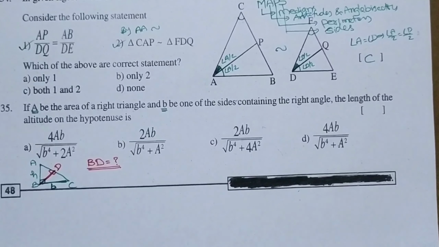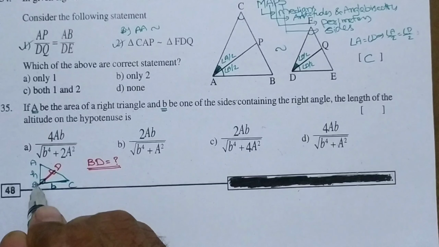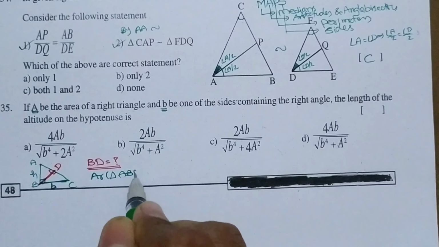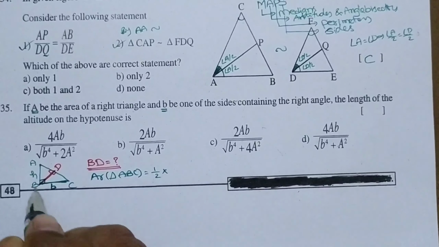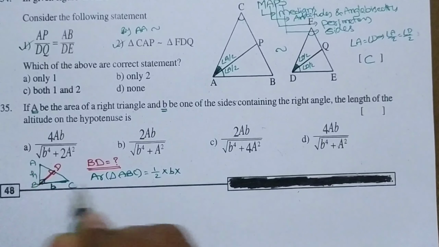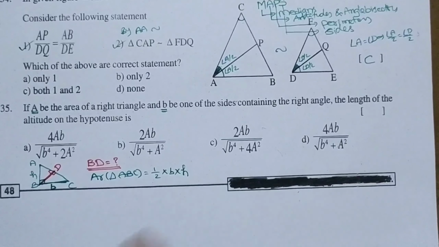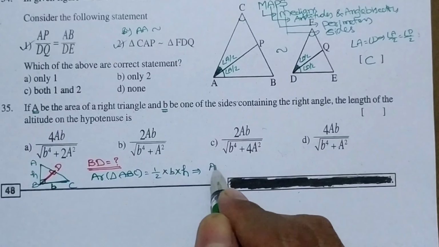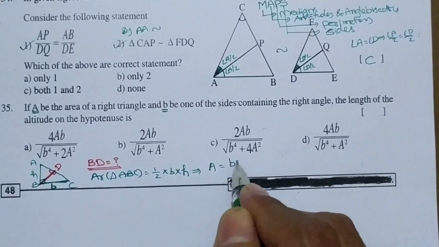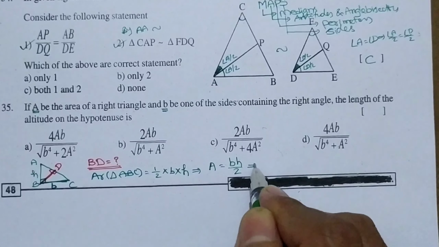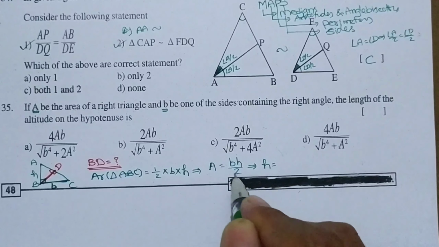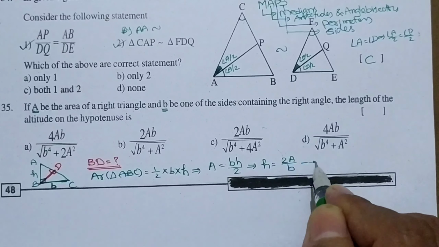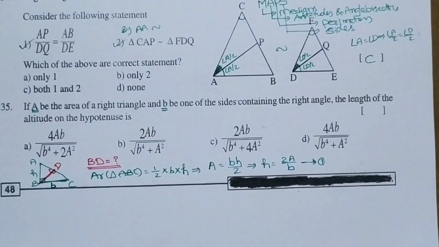Now if you observe carefully, for this triangle ABC, let us find the area of triangle ABC. The area formula is half into base into height. Here base is b and height is H, right? According to the data, the area of triangle ABC is given as A. So capital A is equal to bH by 2. Now from here I am simplifying H as 2A divided by b, 2A by b. Let us take it as equation number 1, which will be used further.